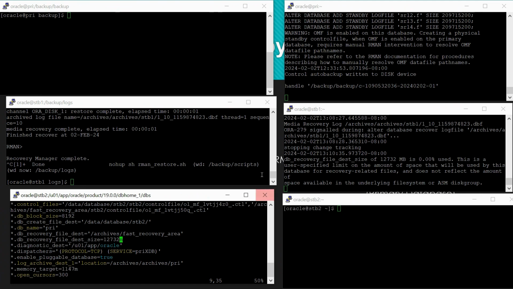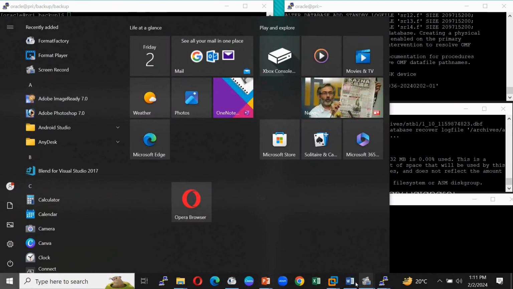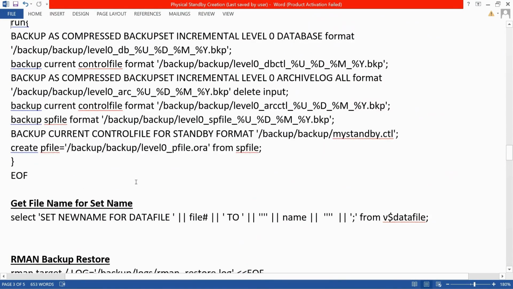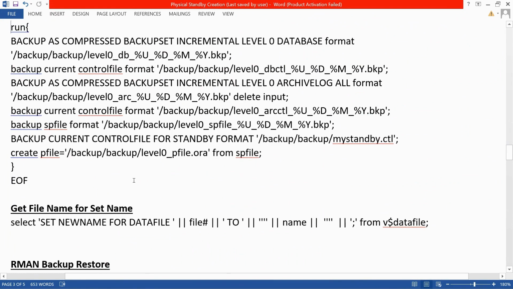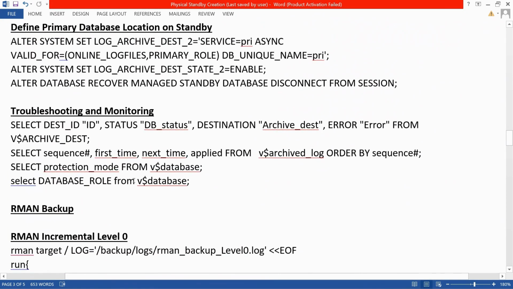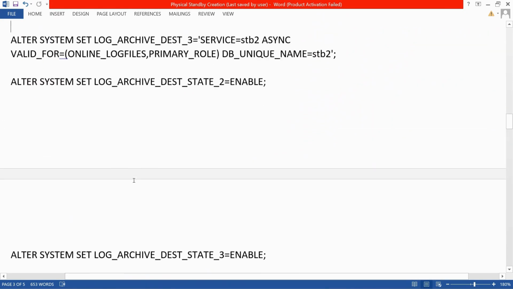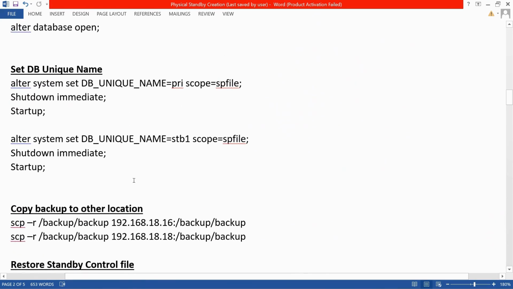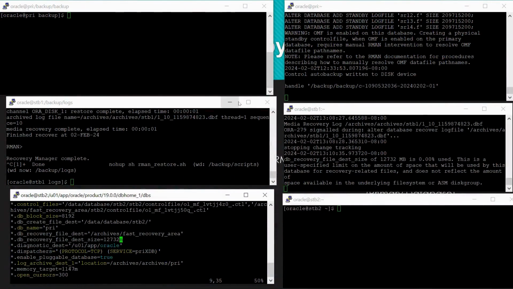Okay, stb2 for the fast recovery area. Okay, I just create db file destination also stb2. Okay,